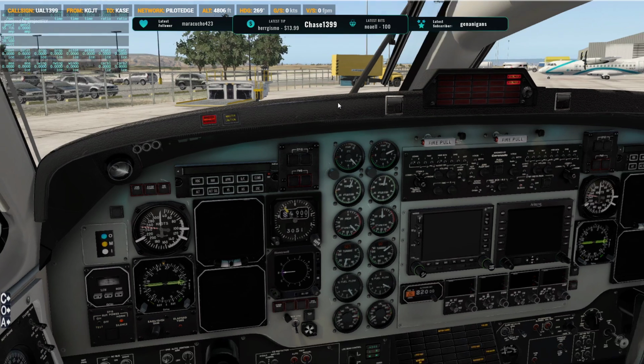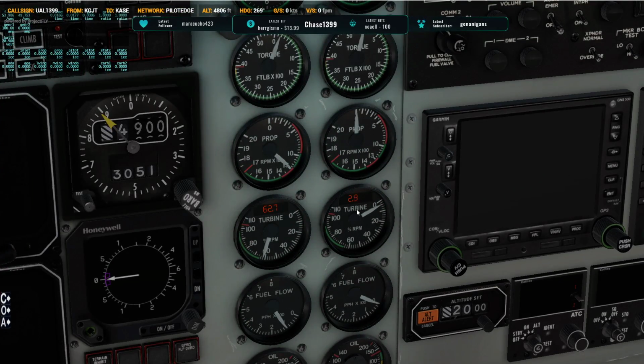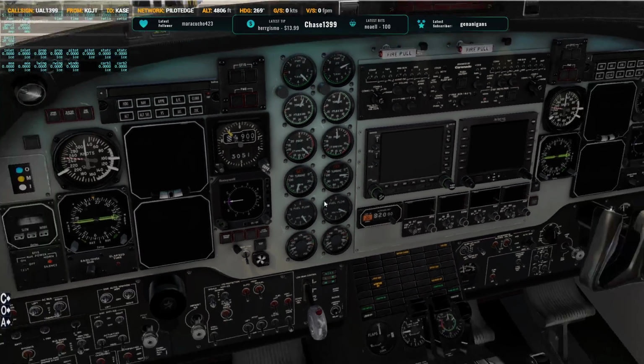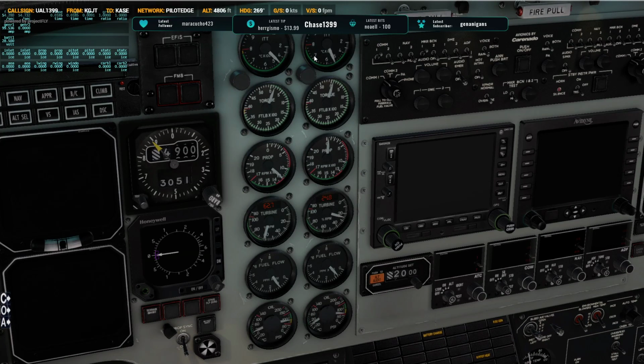Check the volts. We're going to start 2. So we're going to hit the starter until we get to 15 or so, and then we'll introduce fuel. Got a low idle. Check for hot start. Red line for a couple seconds. ITT's falling. Good start. Torque should be coming up. Prop RPM's coming up. Oil pressure is in between green and yellow, so that might be an issue, but